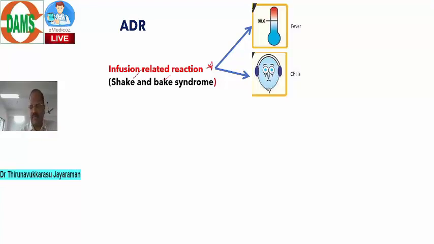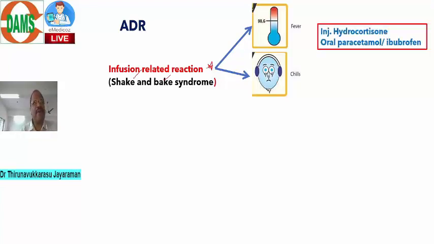This reaction can be minimized by prior injection of a steroid like hydrocortisone, or by giving paracetamol or ibuprofen, an NSAID, to control the fever and chills, or by starting some antihistamines also. Like that, this can be prevented. Okay. And next question,